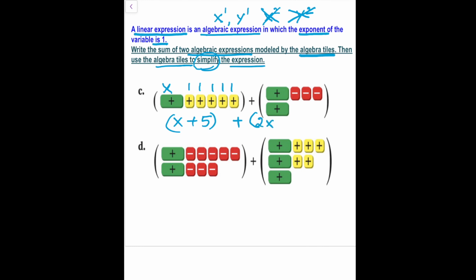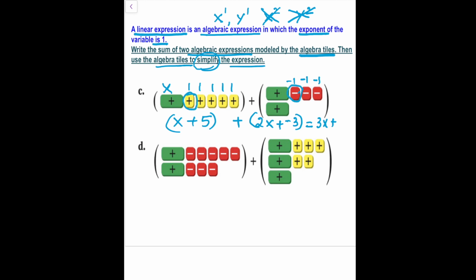the algebra tiles. We have two variable tiles, which is 2x, plus we have negative 3, because all of them are negative 1, and this is also negative 1, and this is also negative 1. So 2x plus negative 3 or 2x minus 3. And when you combine them together, you can see we have three variable tiles, which is 3x plus how many